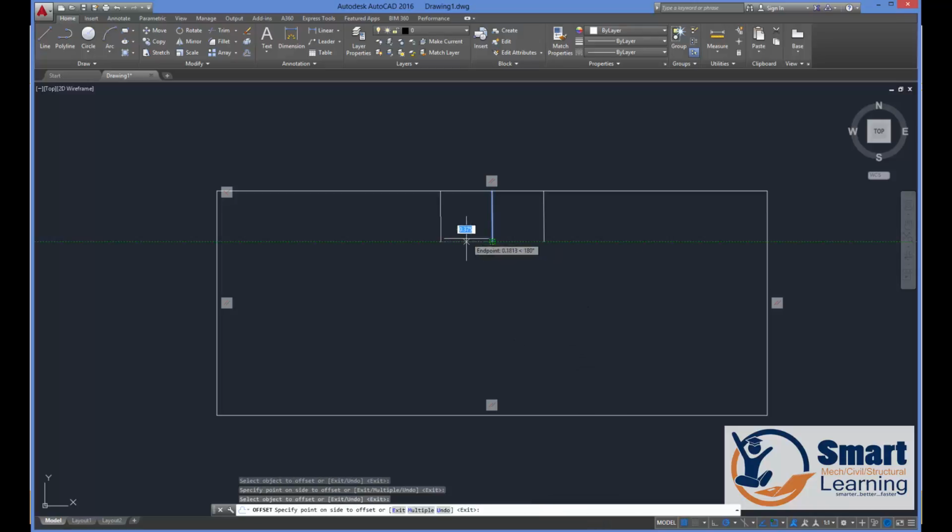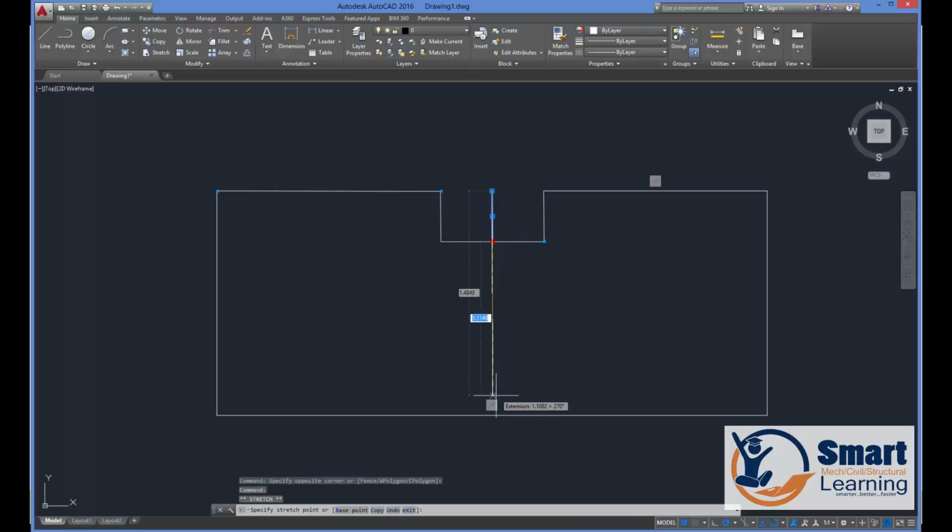Now this is 0.73. And now you can connect these particular lines, and you can also trim the unnecessary portion, and just I'll join this,